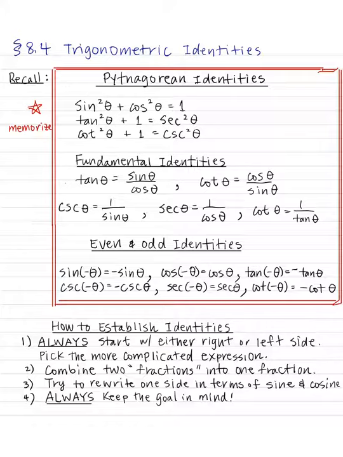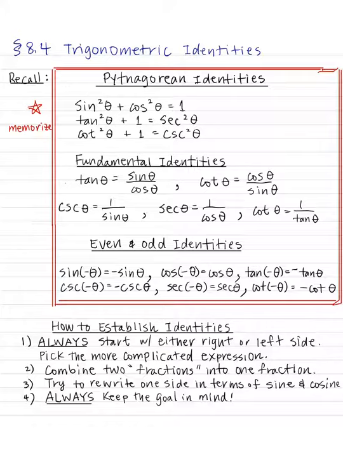So this section, you're either going to love it, or like it at least, or hate it. And I really want you to like it, but in order to like this, or I should say become one with proving identities, you're going to have to memorize all the identities that you have learned so far. So here are some of the basic identities that you have learned so far: Pythagorean identities, fundamental identities, and even